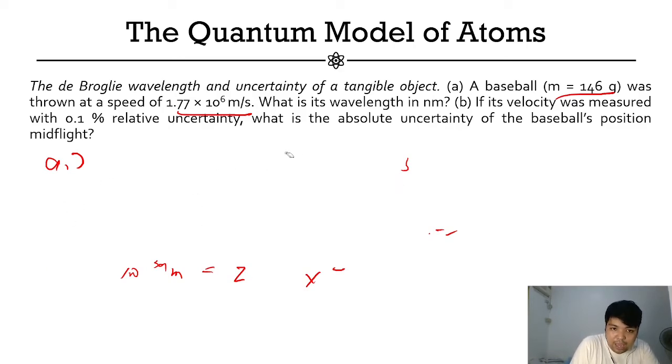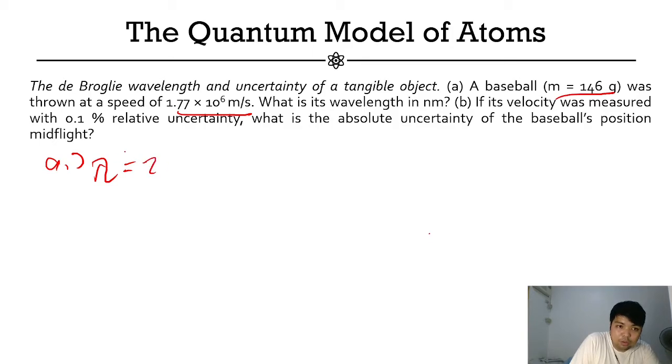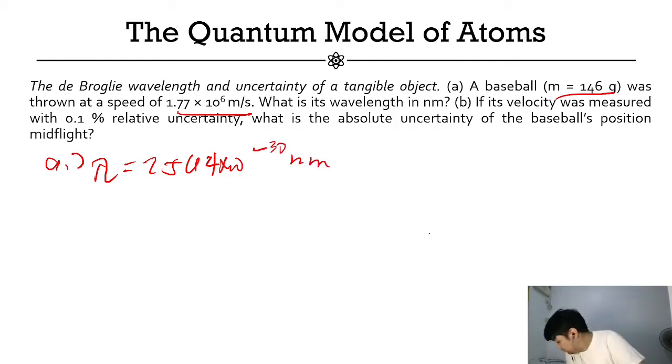So letter A, we have the de Broglie wavelength, which is equal to 2.564 times 10 to the negative 30 nanometers. Then let's proceed to letter B, wherein we measure its relative uncertainty. So again, since the ball